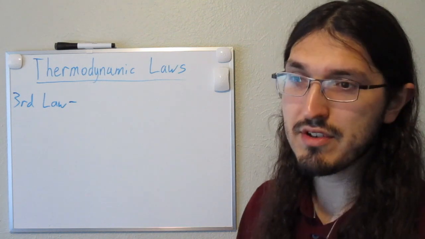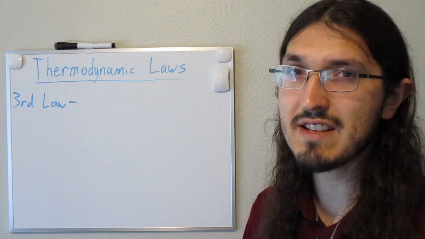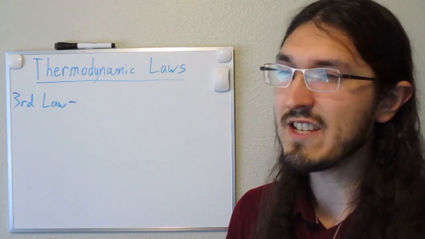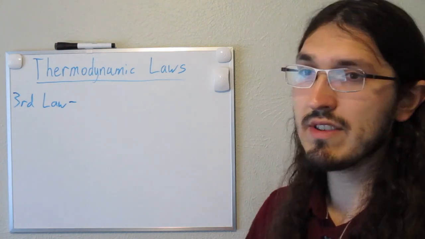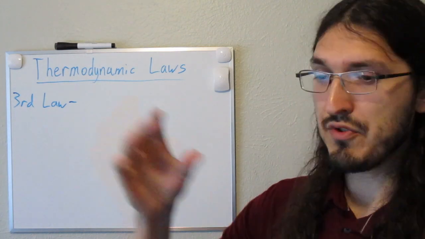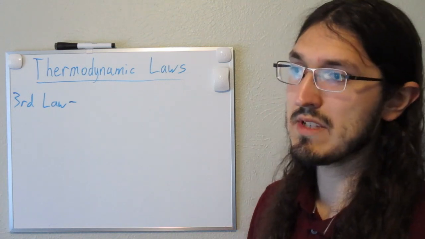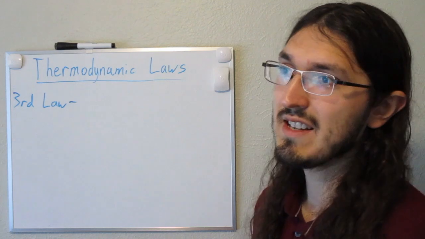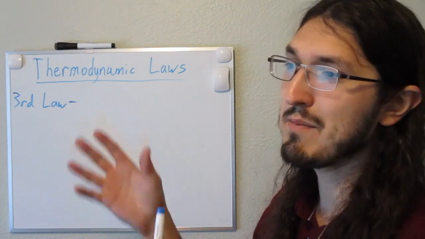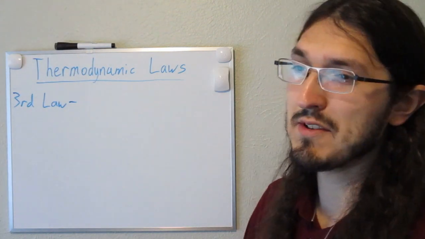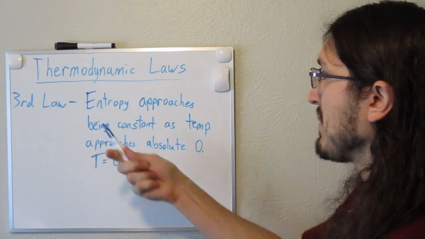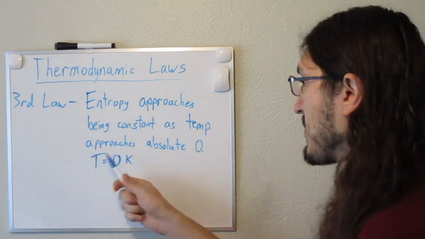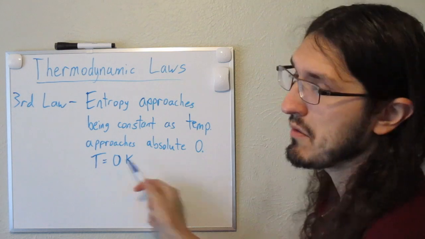Because at that temperature, or at temperature equals 0 degrees Kelvin, there is an absence of heat energy in that system. And whenever things don't have heat energy, they cannot move. So if a gas, for example, was at absolute zero, it would just be stuck in place. Okay, and of course, whenever things aren't moving around anymore, they can't occupy different states as time goes on. Okay, so here I wrote out my law. Entropy approaches being constant as temperature approaches absolute zero, T equals 0 Kelvin.